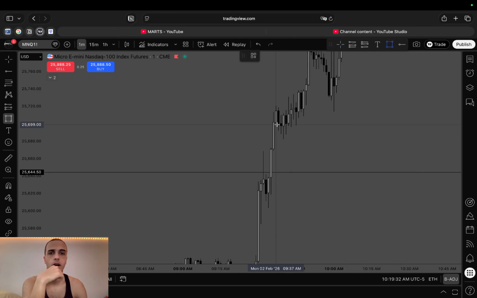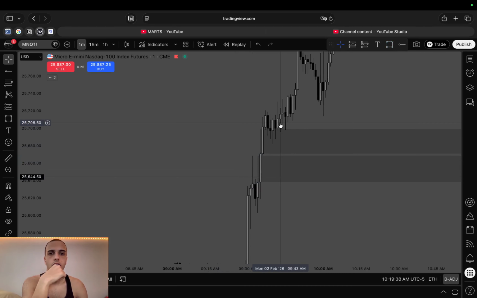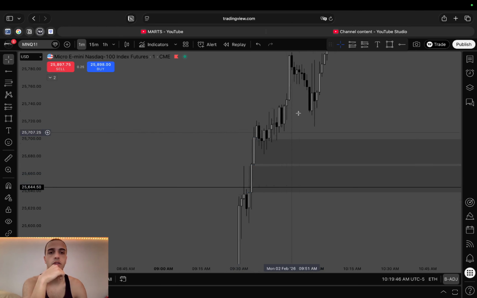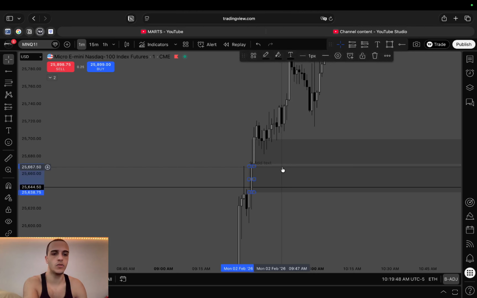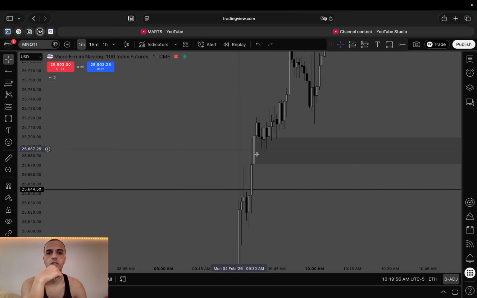Now, my setups are 1 minute fair value gap, right? So I'm waiting for macro. Everything's aligned with my context. I'm looking for a bullish fair value gap, which I have right there. Now this one I can remove. Why? Well, this one is already valid. 9:40, we retested it multiple times, showing that this is the valid one.